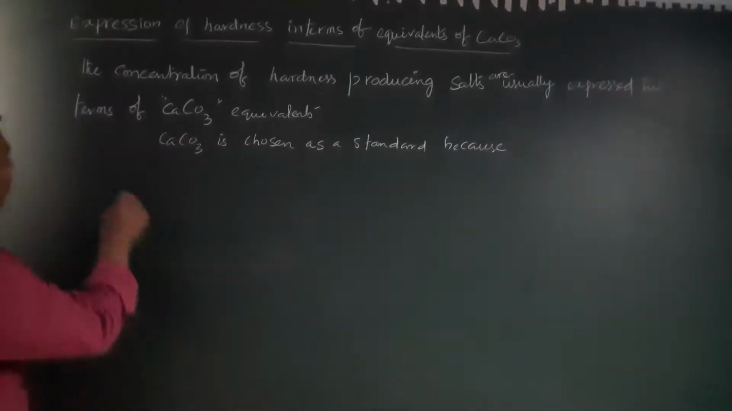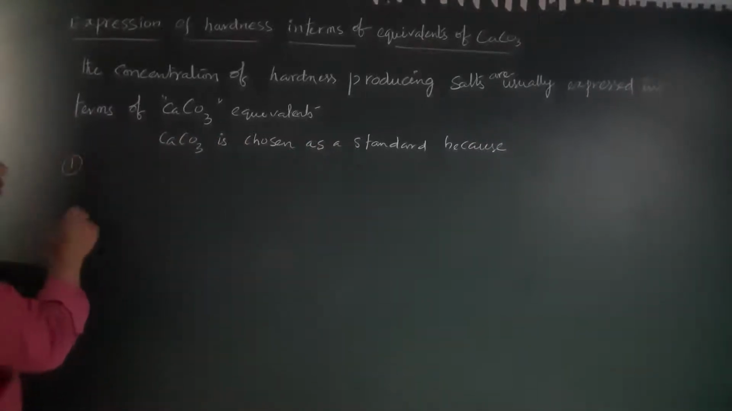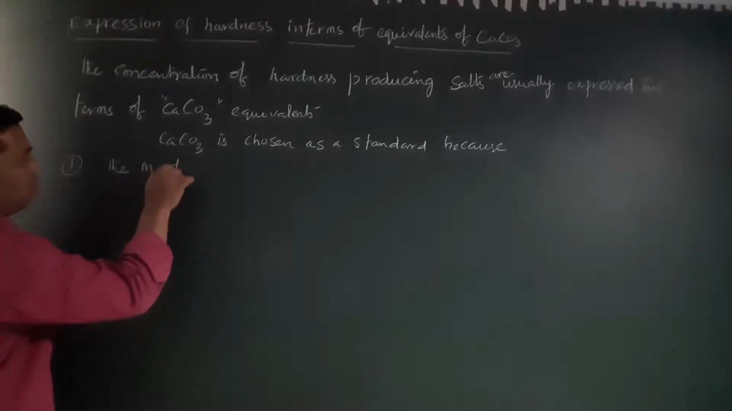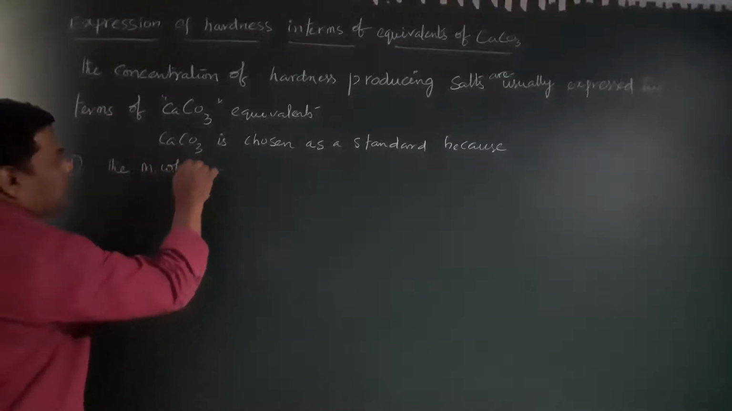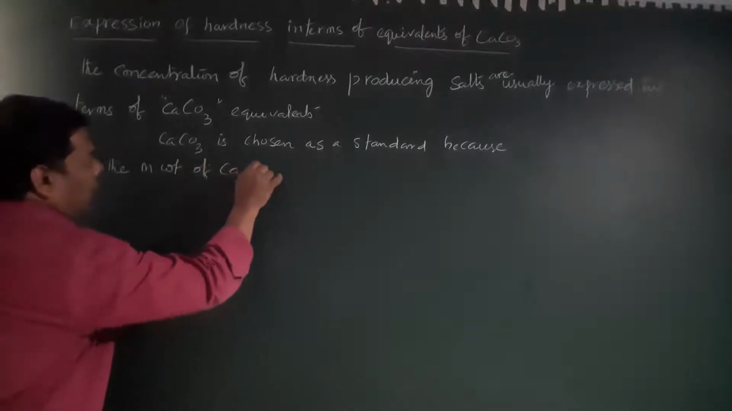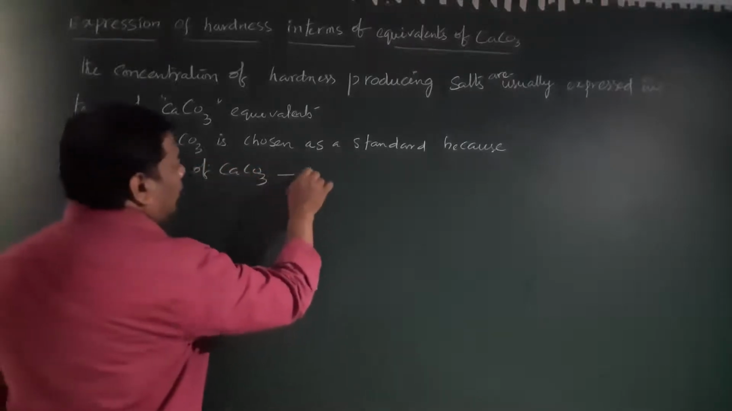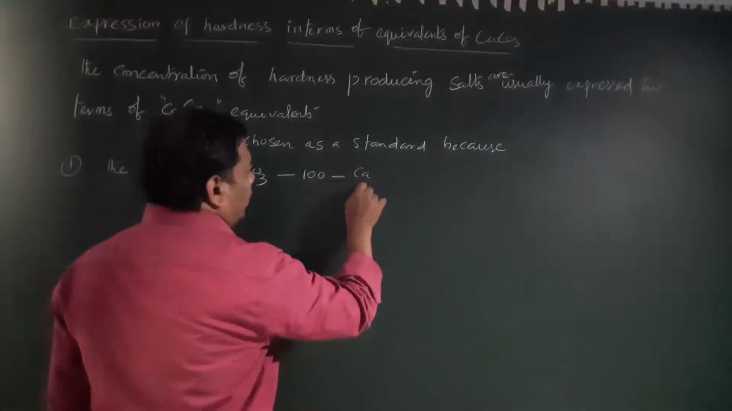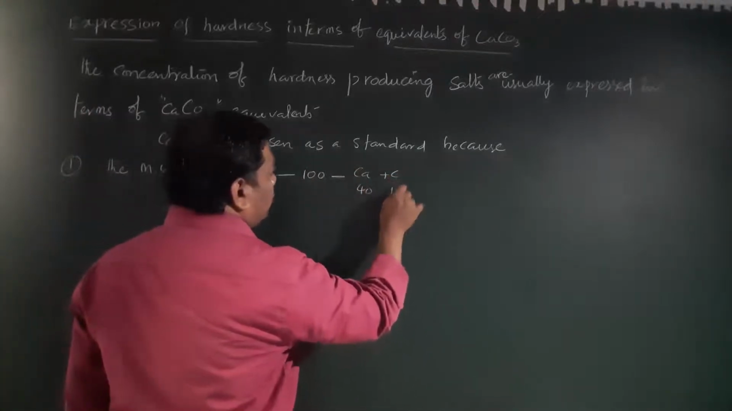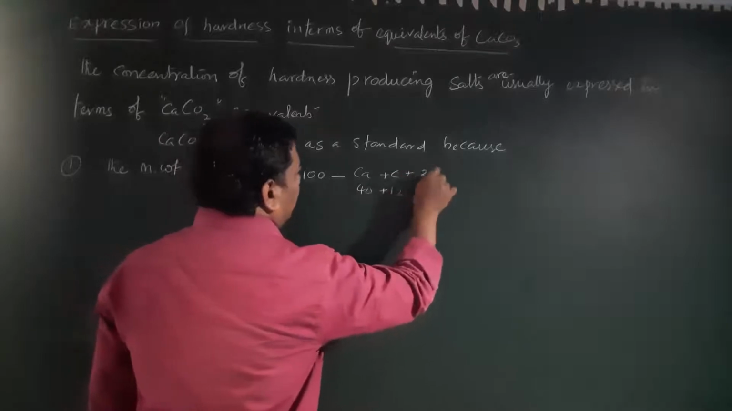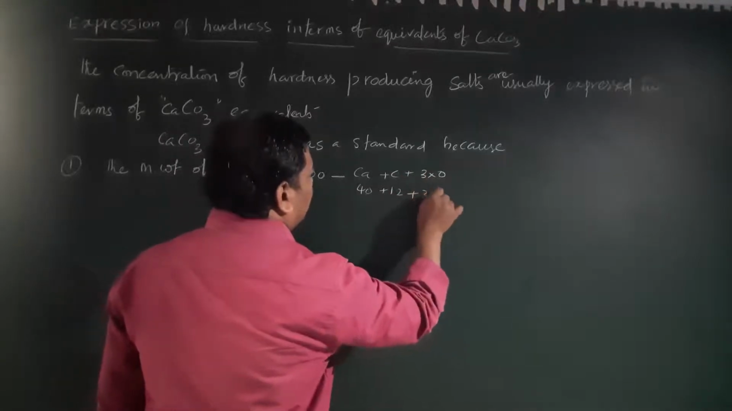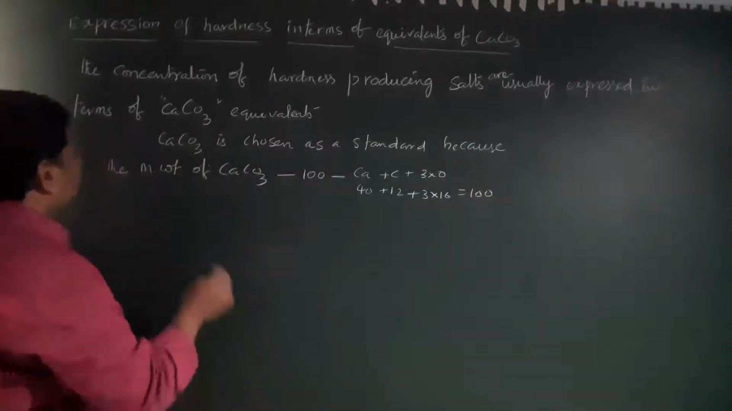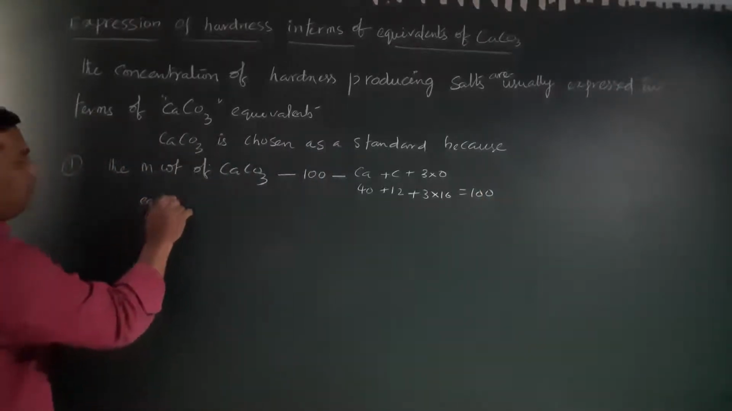Because the first point, please remember, is the molecular weight. The molecular weight of CaCO3 is 100. Clear? So Ca 40 plus carbon 12 plus 3 oxygen atoms, 3 into 16, that is 48, so the total is 100. Okay, right. So the equivalent weight of